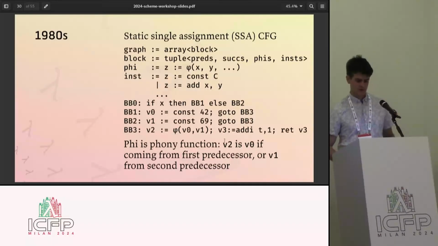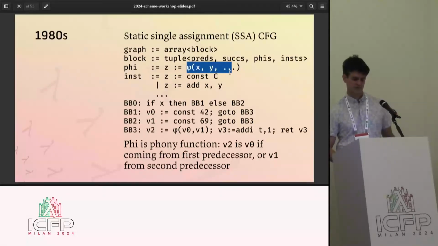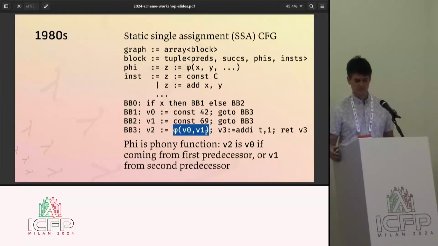So your program is still a graph. Your graph is an array of blocks. Your blocks have predecessors, successors, and then these phis and instructions. And a phi is this funny function here. Your instructions are the same functions. But the novelty here is that on these 2 branches of the if, we're defining different variables. And then when we come to the control flow join, we say v2 is going to be either v0 or